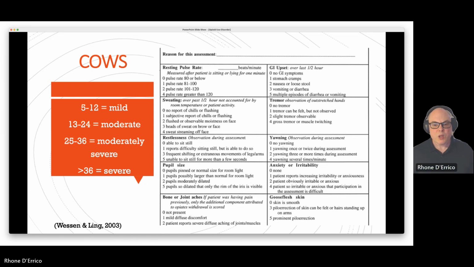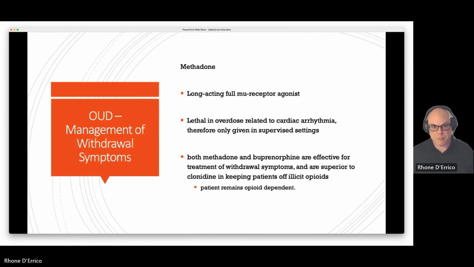is severe. One important use of the COWS scale is that when we're implementing buprenorphine, which we'll talk about a little bit, when we use that as a medication to handle withdrawal and even to be a maintenance medication to prevent further opioid use, we want the patients in moderate withdrawal when we actually give them the medication so that we're not actually inducing a worse withdrawal, we're actually treating a withdrawal that's already there.